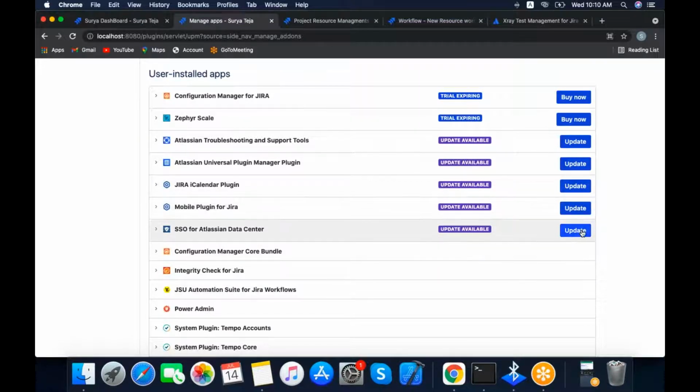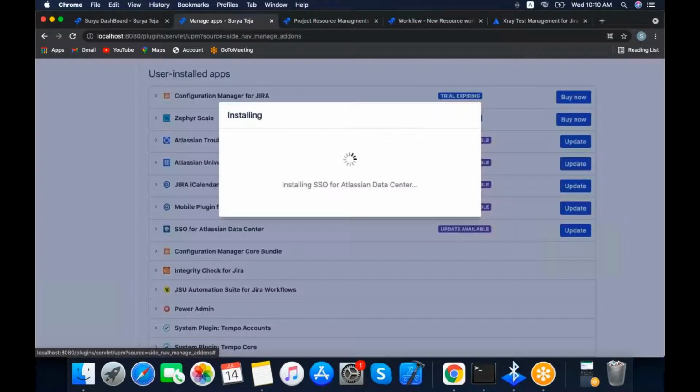And for example, update: these are system add-ons only, not ones we installed. If you click update, automatically the version will be updated and the updated version will be available. I am just clicking update. For example, now version 5.1.2 is available for that add-on. They have added some other features or resolved some defects and updated it in the Marketplace. At that time you will get the update.